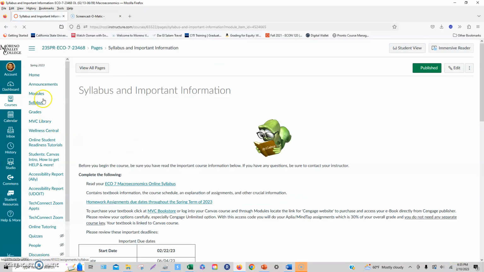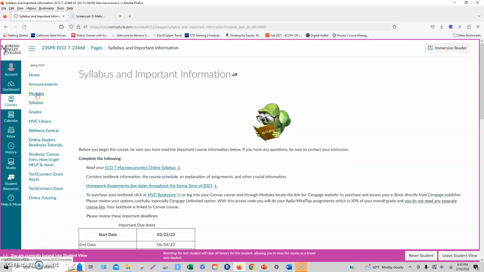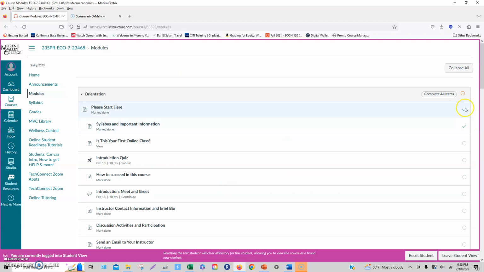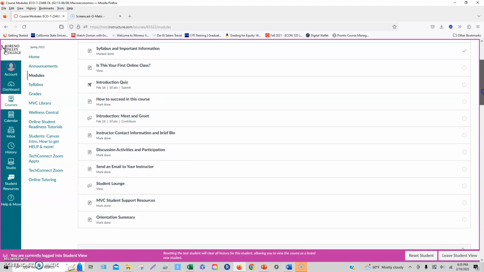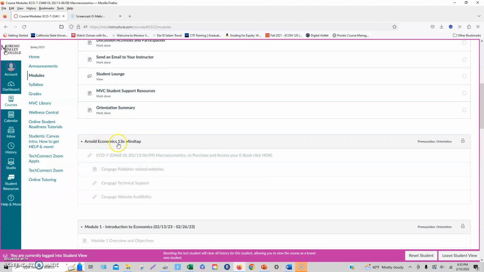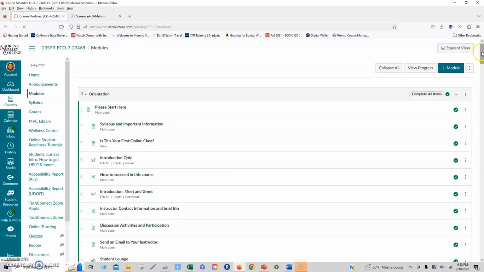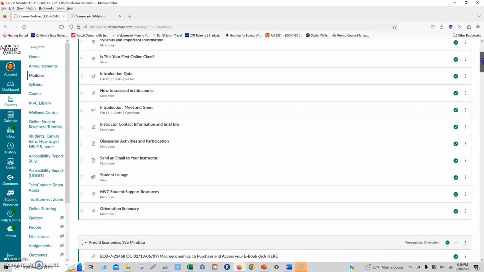So what did we do? See, a few are already checked and the rest also have to be checked, all of these bubbles. Only then you can go to the next section. And once you've checked your ebook, how to purchase and access your ebook, only then your module 1 will open up. So make sure you read the instructions carefully, and this should be easy for you once you follow the instructions